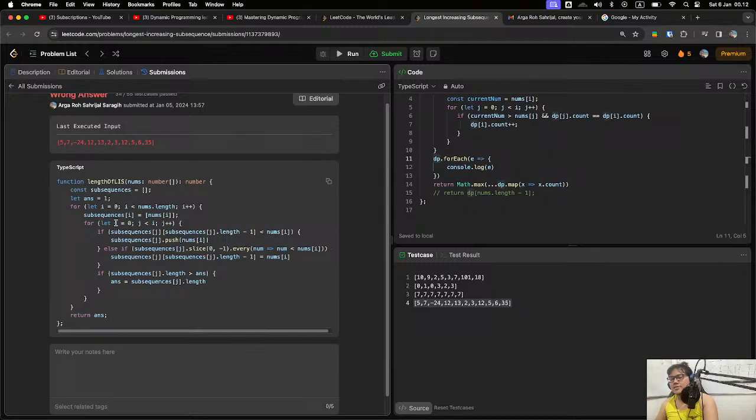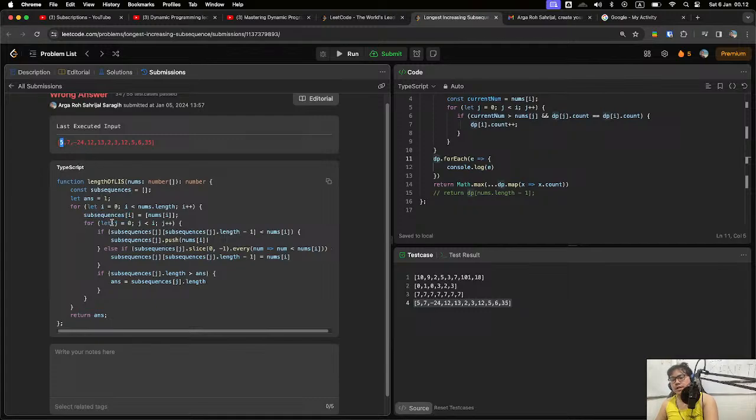For example, let's go through this faulty algorithm for several elements. We go to the first element, it's 5. We put an array with only 5 as the subsequence in the 0 index.